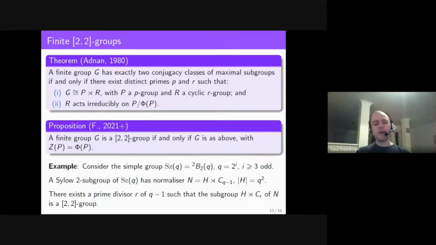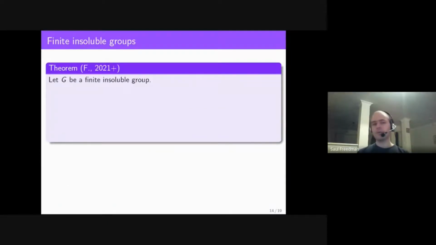Thank you. So now let's move on. Actually, I should mention also that because all these groups here are divisible by two primes, this means that any finite 2-group is soluble. So now let's move on to insoluble groups. And this time I will really only talk about finite groups. So there are three cases I want to look at.